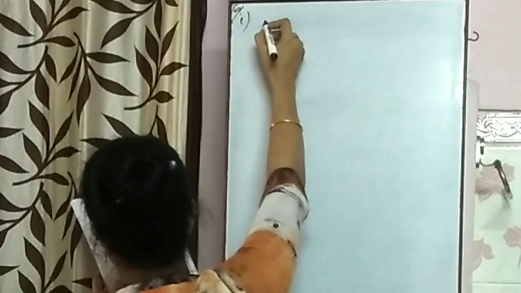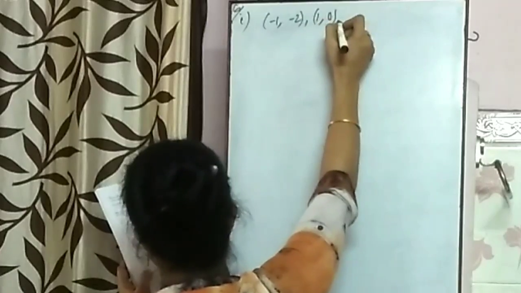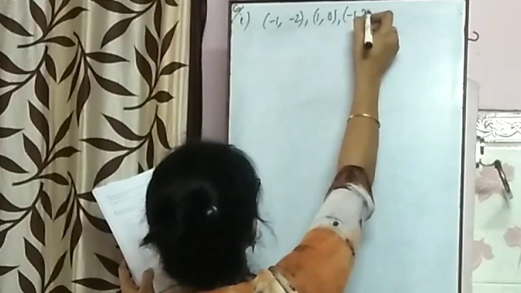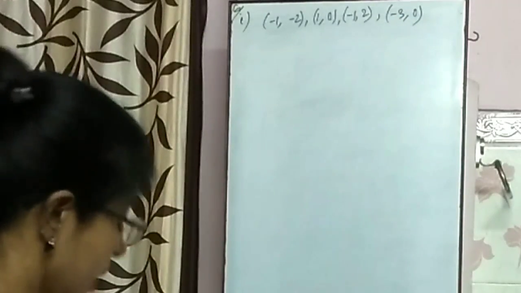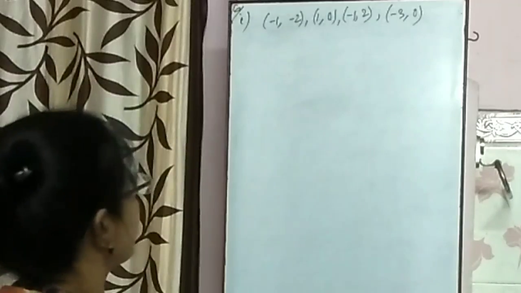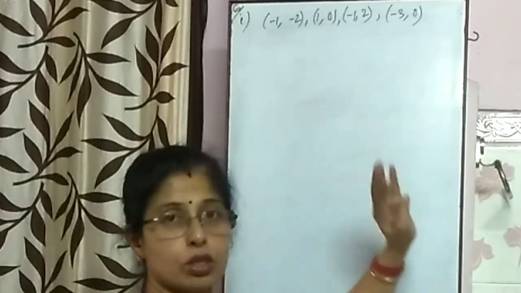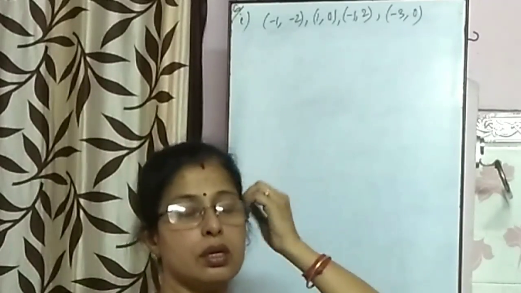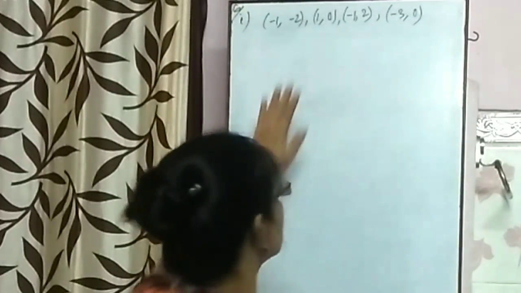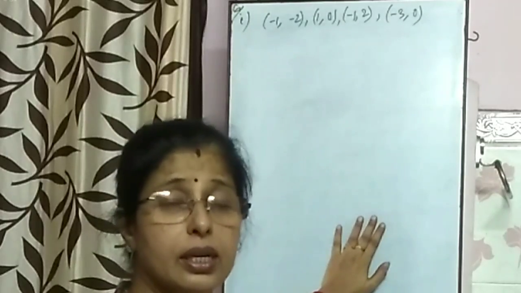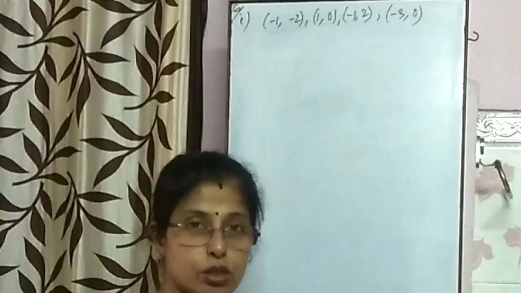Question number 6: minus 1, minus 2; 1, 0; minus 1, 2; and minus 3, 0. Four points are given and you have to find the type of the quadrilateral. It may be a square, rhombus, parallelogram, rectangle or trapezium. So it's not enough to find only the sides, you have to find the diagonals also,